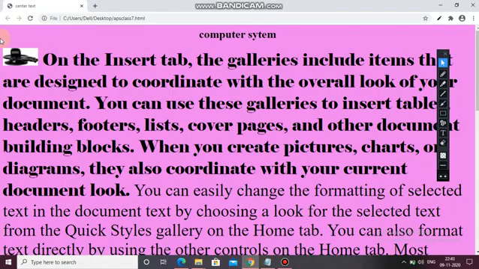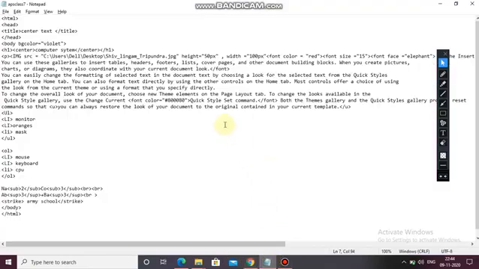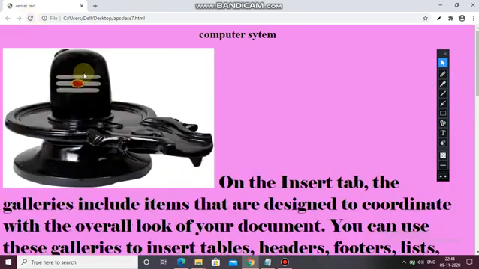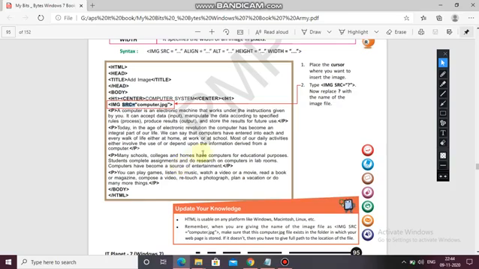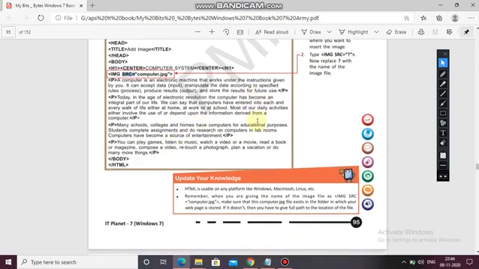Now see here, the size of the photo becomes small. Now you can make a bigger size. So instead of 50 pixels you can take 400, and width you can take 600. Control S. Now see here, the picture came according to the height and width which you have provided. So in this way you can add pictures in your web page. Coming back to the textbook, you got how we insert the image in our web page.